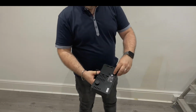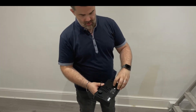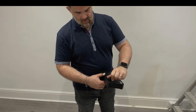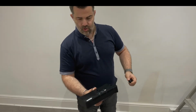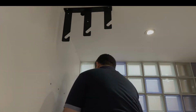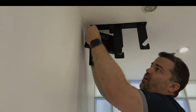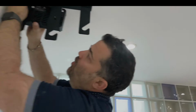Very simple. All we're going to do is unscrew these little bolts on the back. I'm going to take those off. One. And number two. So I've taken those off. We're going to go up the ladder nice and carefully, and we're going to reattach that through the bracket. So it gets nice, number one,